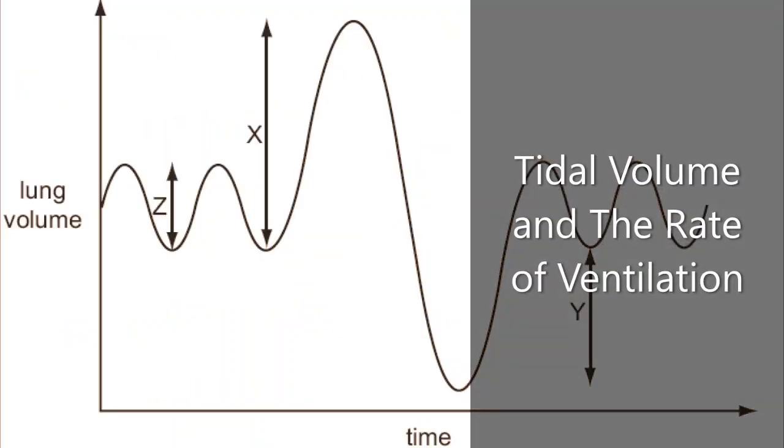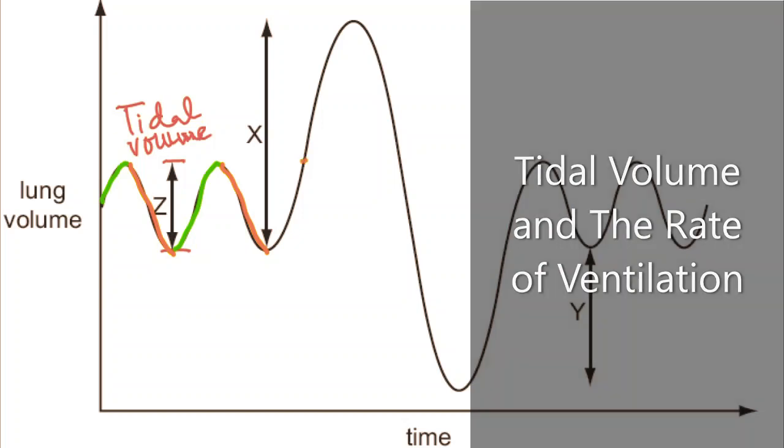So a graph like this can be obtained where Z is representing the tidal volume. Tidal volume means the volume of air which could be taken in and out during inhalation and exhalation. The green part of the curve is representing inhalation and the orange part of the curve is representing exhalation. Tidal volume refers to the volume of air which is taken in or out during inhalation and exhalation while a